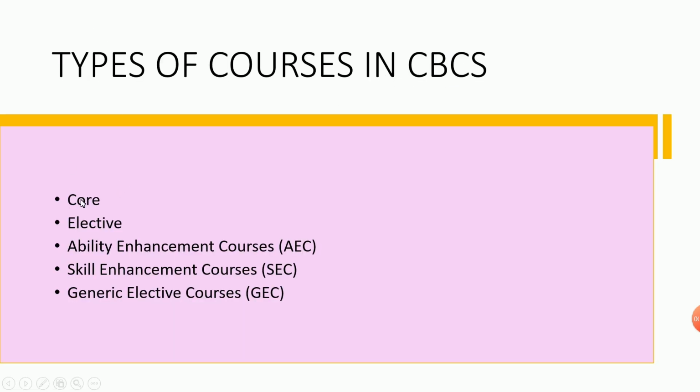First one is core, second one is elective, third one is ability enhancement courses. Whatever courses help us to enhance our own ability in the job market, like communication, computer oriented, soft skills, typing, all those things are ability enhancement courses. And what is skill enhancement courses? So skill can be said as,